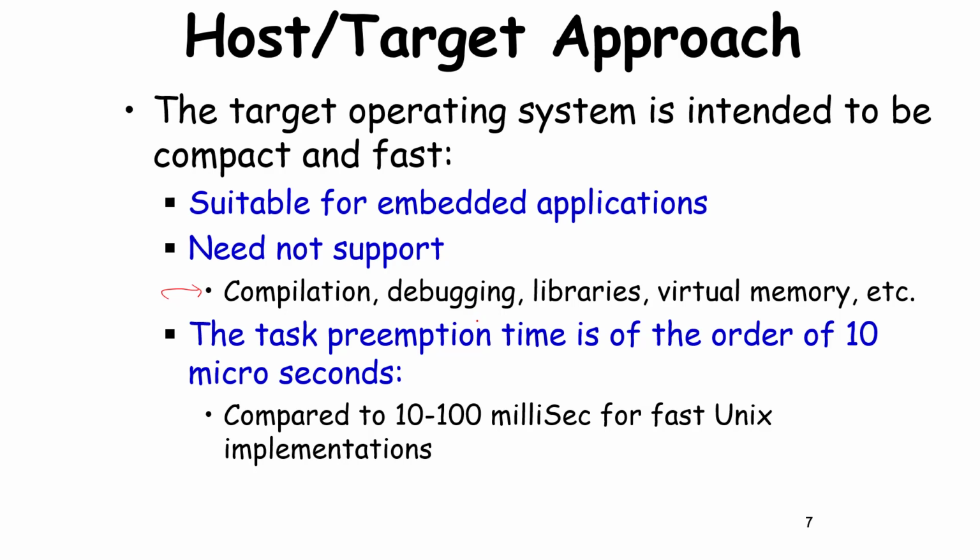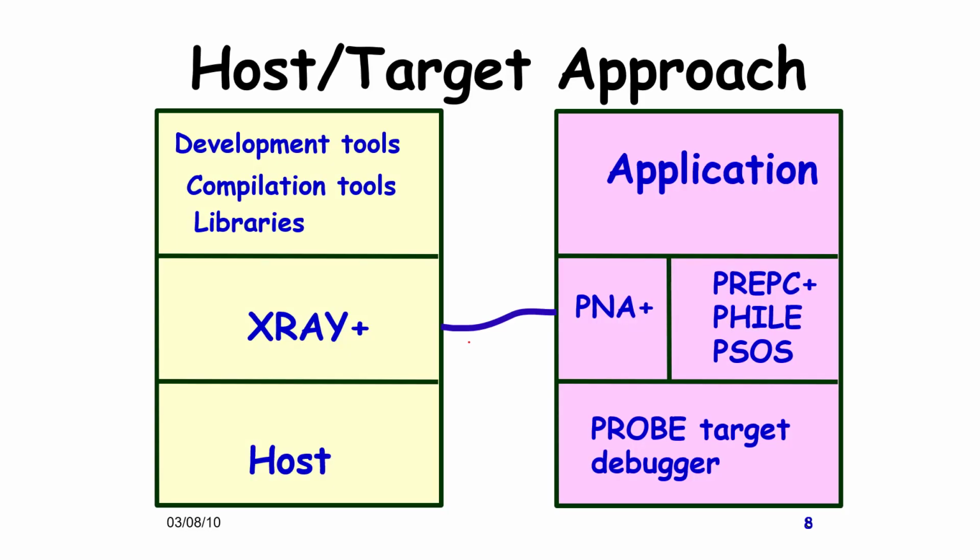And again, there are a lot of reasons for that, but the key point is that it can be as high as 10 to 100 milliseconds on a Unix